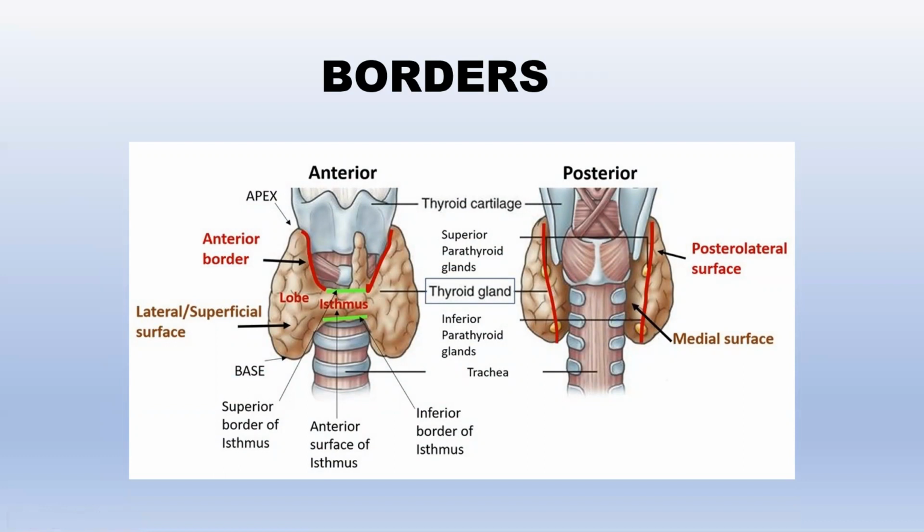The anterior border is related to the anterior branch of the superior thyroid artery. That you'll also be able to appreciate when we discuss the blood supply of the thyroid gland. The posterior border is related to the inferior thyroid artery and the anastomosis of the superior branch from the superior thyroid and inferior thyroid. It is also related to the parathyroid glands on both sides, and on the left side there will be the presence of the thoracic duct. So these are the relations of the lobes of the thyroid gland.